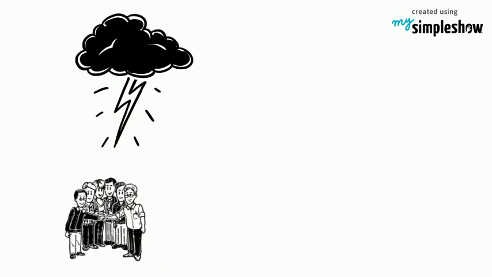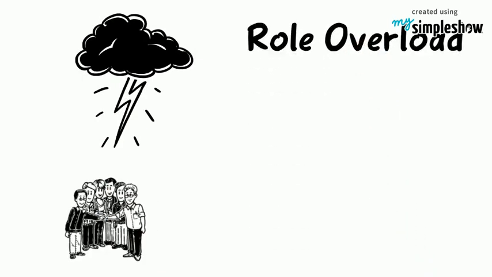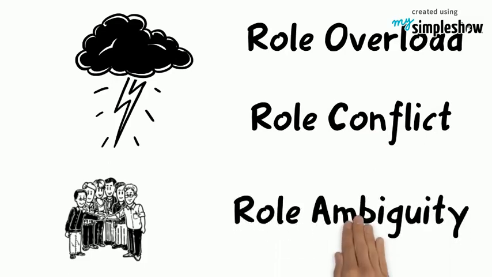Conflict in teams often arises from the allocation of workload. Role overload occurs when one member of the team, often willingly, takes on more than he or she can cope with. Role conflict occurs when more than one member wants to play a certain role, and in instances like the role of the leader, it can lead to conflict. Role ambiguity occurs when there is a lack of clarity between the roles that members are expected to play.